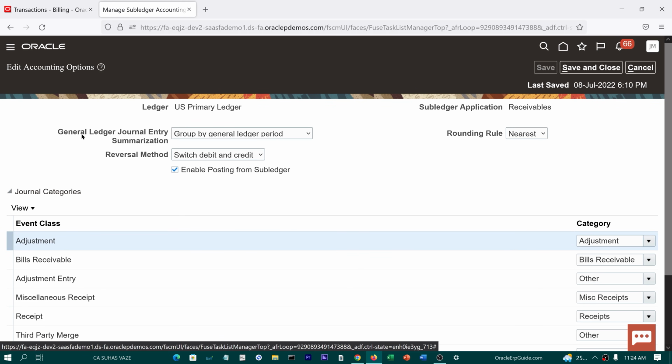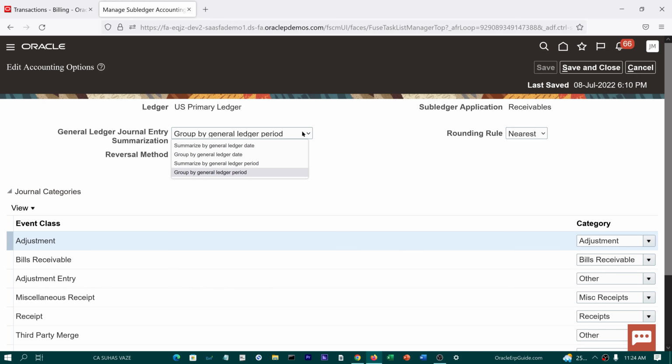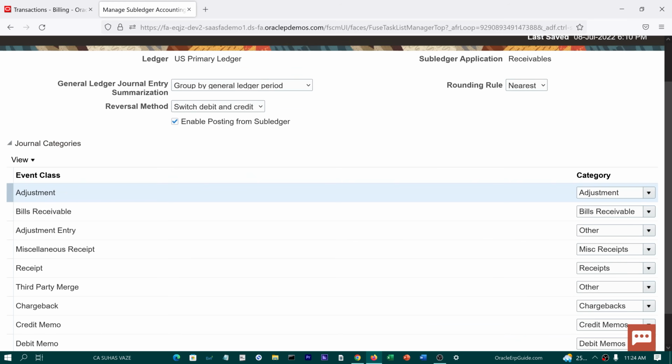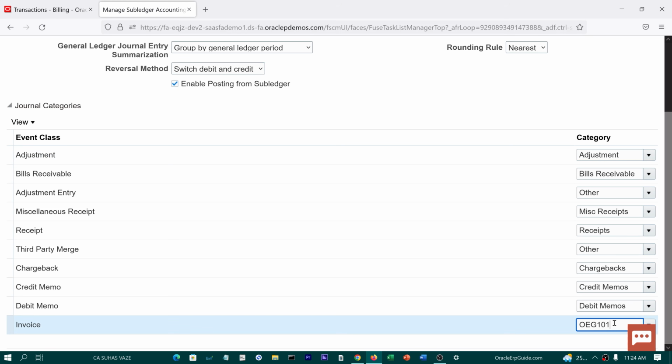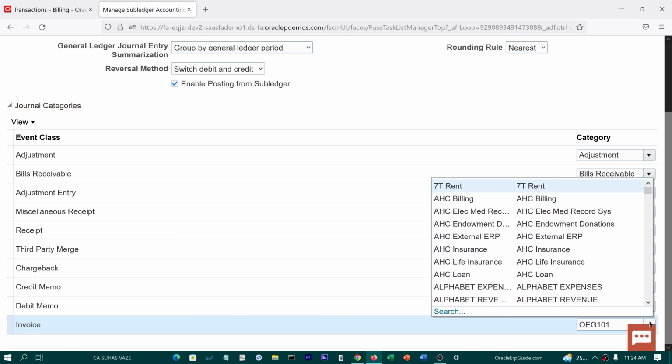And make sure that this general ledger journal entry summarization is either grouped by GL date or grouped by GL period. Do not choose summary. So we have already chosen group by GL period. That should be fine. And we are going to set the category for the